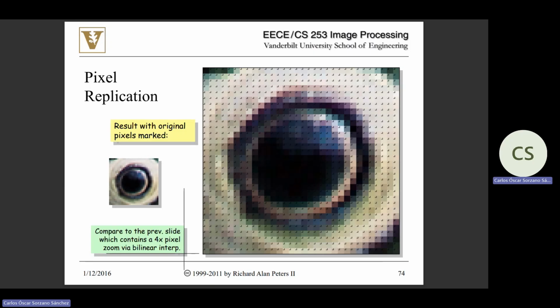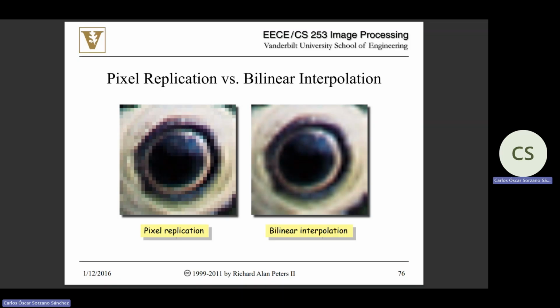But for the representation here, I make it bigger again. And then in this enlargement, it is where I am replicating the values or interpolating the values. More questions? No? Okay, so